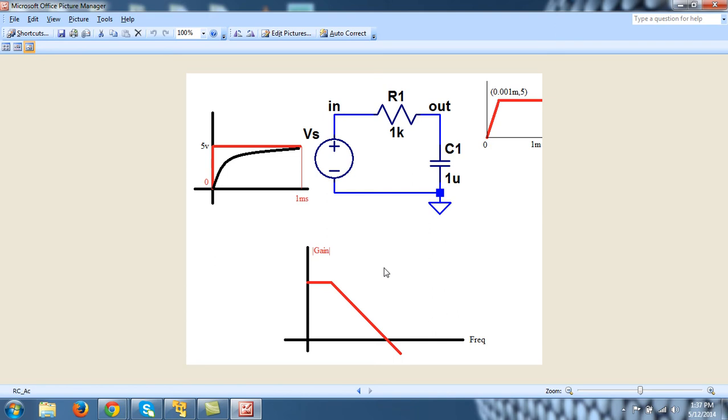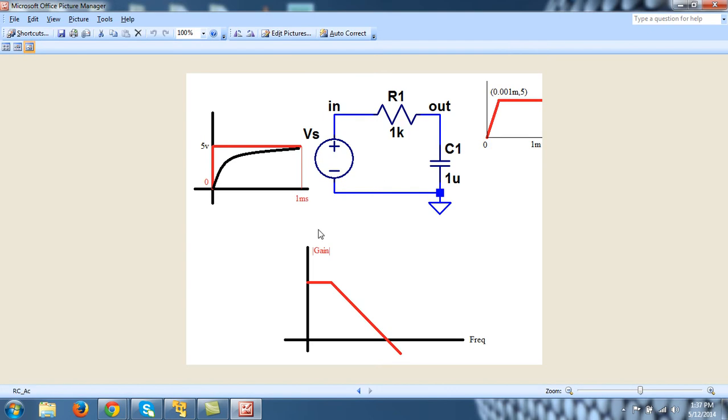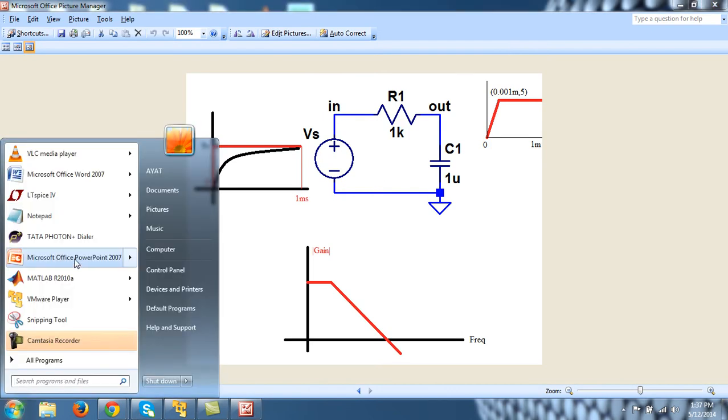Typically when you are interested in a Bode plot like curve, you perform AC analysis. So in this tutorial, we are going to begin the AC simulations. Let's see how we perform AC simulation and how we represent this voltage source Vs as an AC source. So let us pull up a notepad